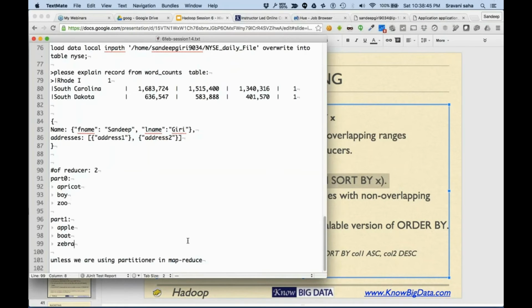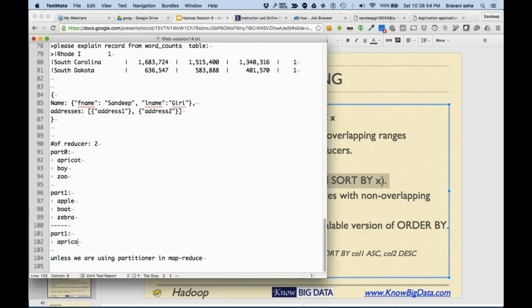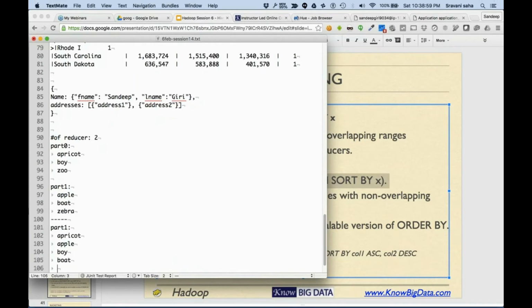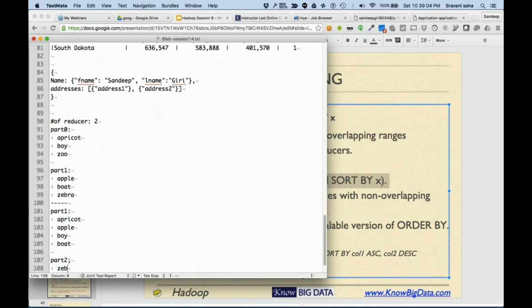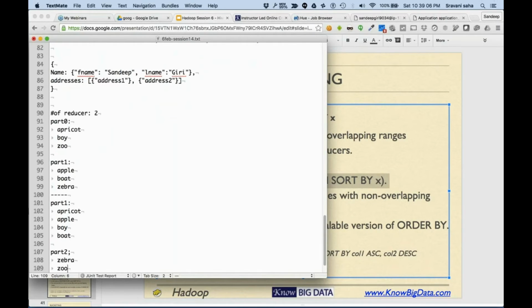So if you enable distribute by, part 1 will contain apricot and apple, boy, boat, and part 2 will contain zebra and Jew. Let me just fix it.